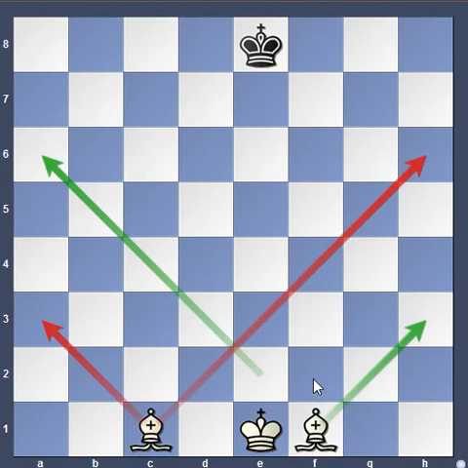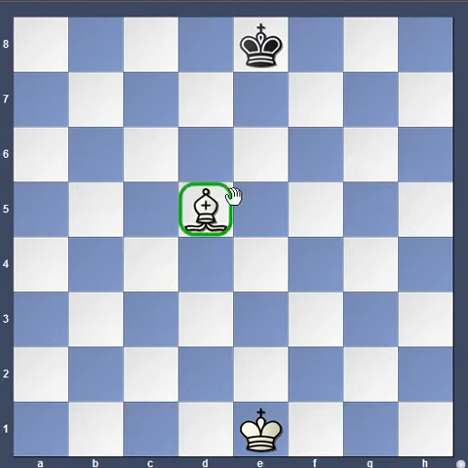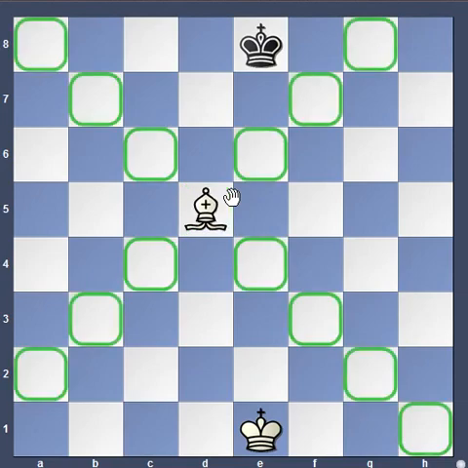So based on this fundamental idea, some important endgame concepts are built, which we will discuss in the advanced lessons. Remember, the bishop moves diagonally in the same color throughout the game.